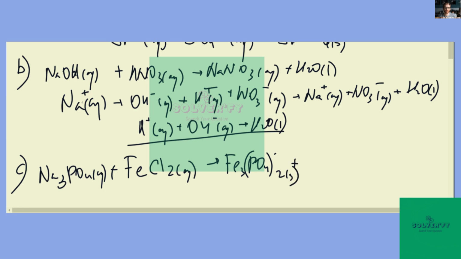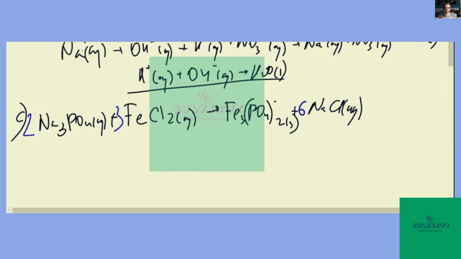and aqueous sodium chloride. So this reaction has to be balanced, and here let's add 3 before iron chloride and 2 before sodium phosphate. To completely balance it, we have to add 6 before sodium chloride. So let's see. Yeah, now that's balanced, and now we can split it into the